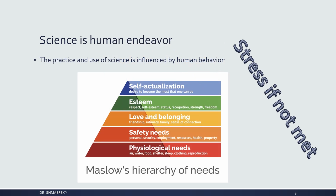Now, before we get into the actual science, we have to understand that a lot of the science is done for the benefit of people. And when we use science to look at environmental decisions, we have to pay attention to the perspective of the scientists doing the science and also the people that are going to be living with the decisions made by science. So it's really important to understand, when we're working with people, that people have different views of the environment, and scientists have different views of how science is going to be applied based on what we call Maslow's hierarchy